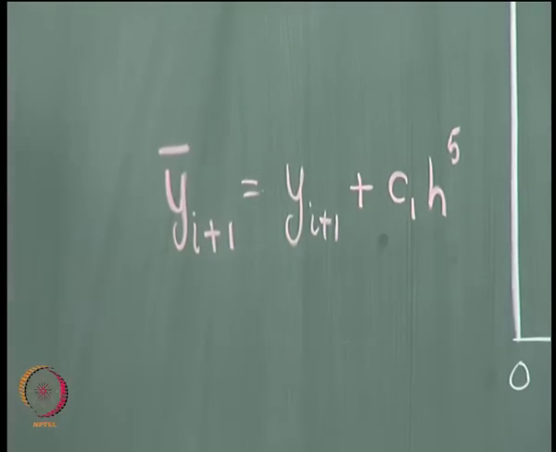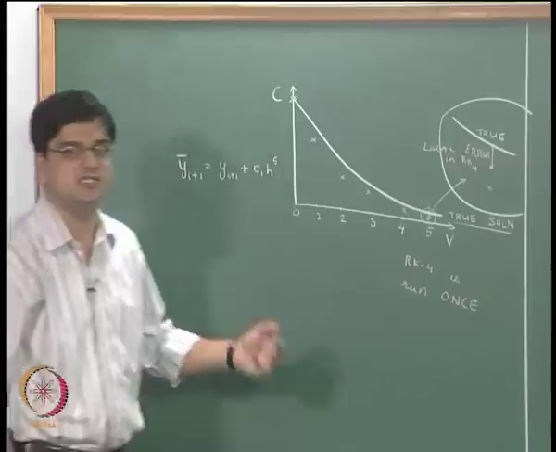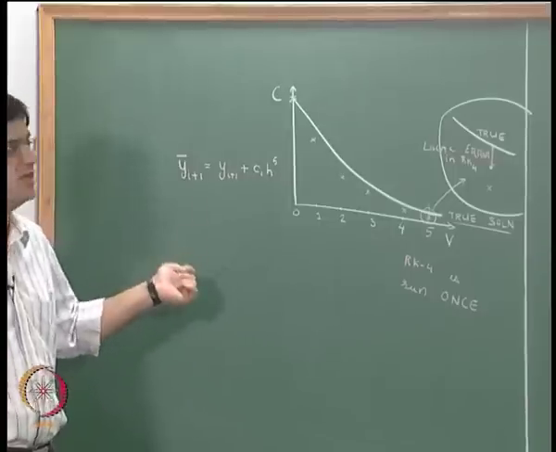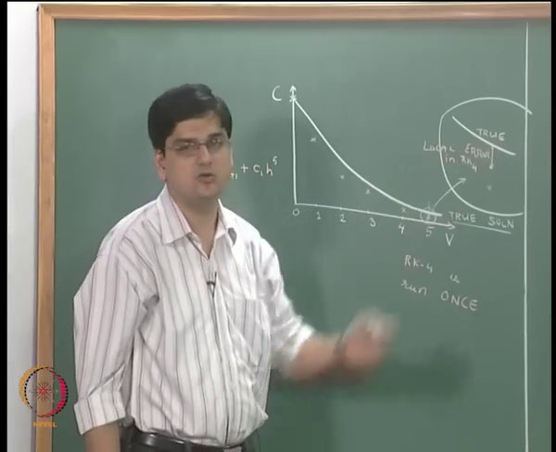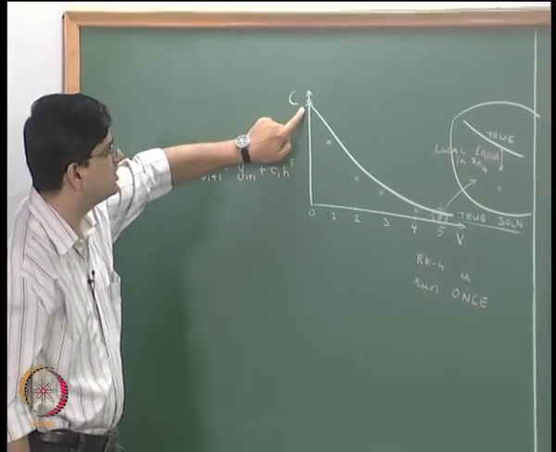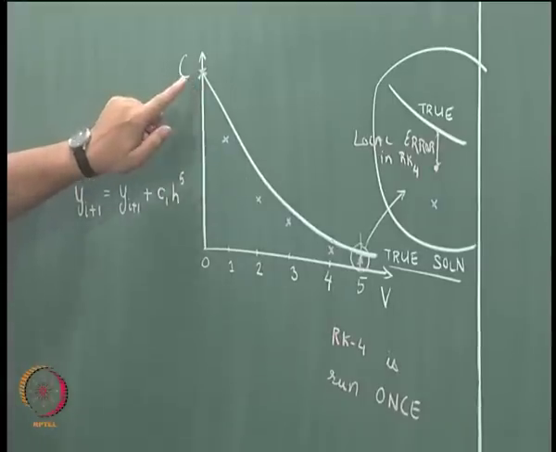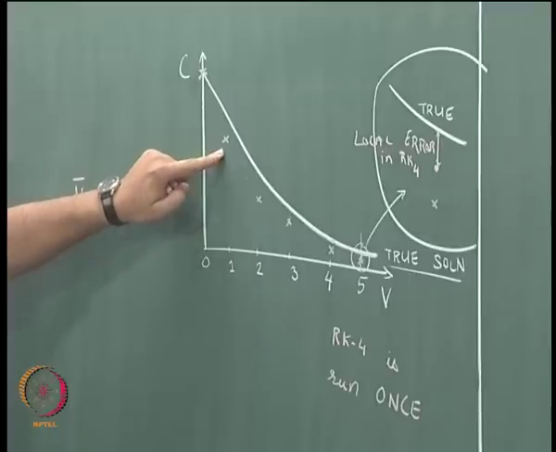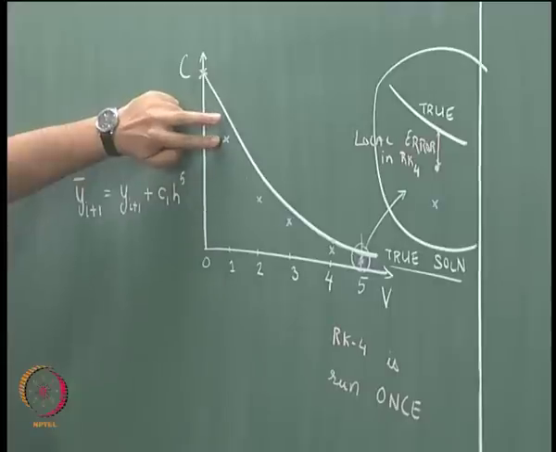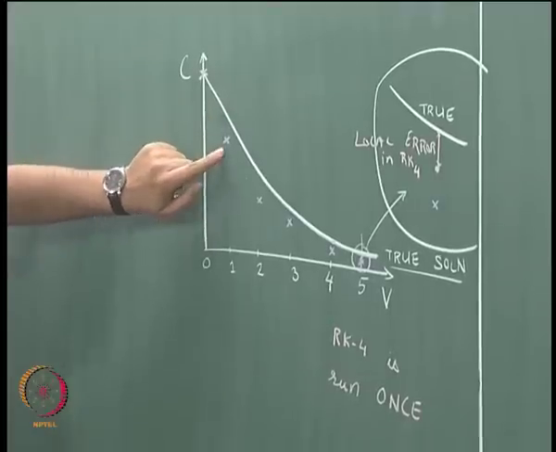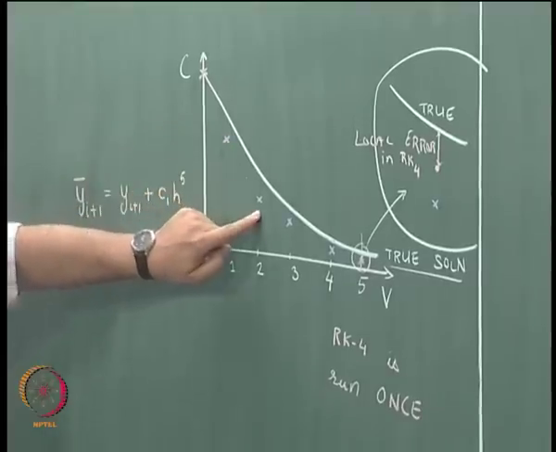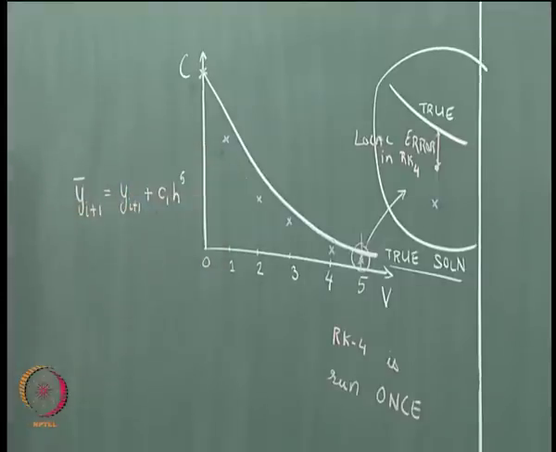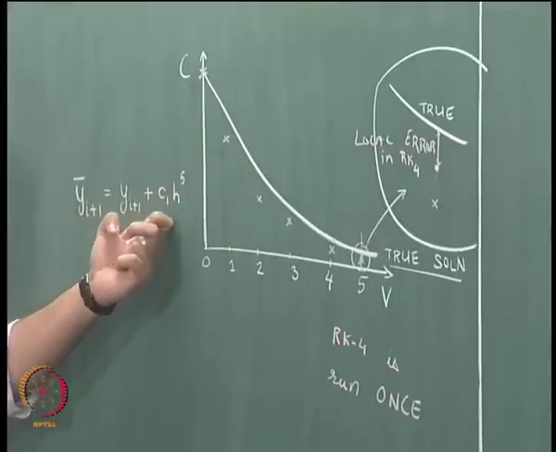Now this error is the local truncation error, this error is the error going from the ith value to the i plus 1th value, assuming the ith value was the true value. So this represents the local error. Now when we started with C at V equal to 0, we went from C0 to C1, okay. So when we went from C0 to C1, there was a local truncation error associated with this value of C1, okay. So when we then go from this numerical value to the next numerical value, there will be some error associated with the fact that the numerical method is not accurate, this has certain error itself, okay.